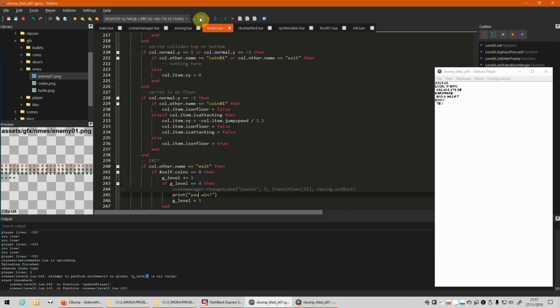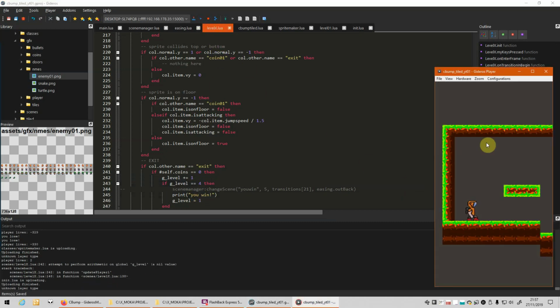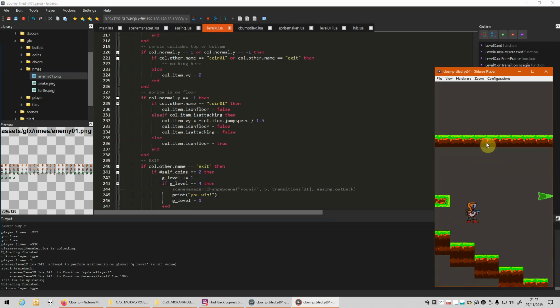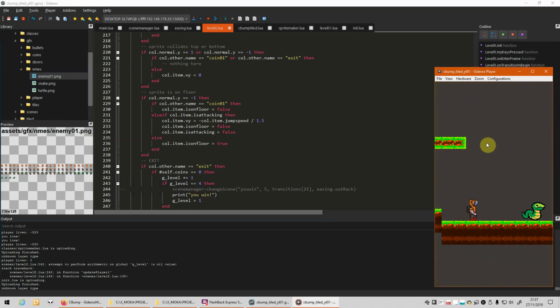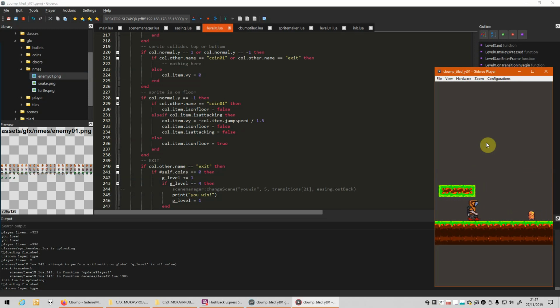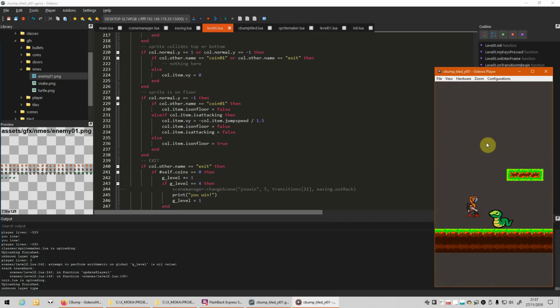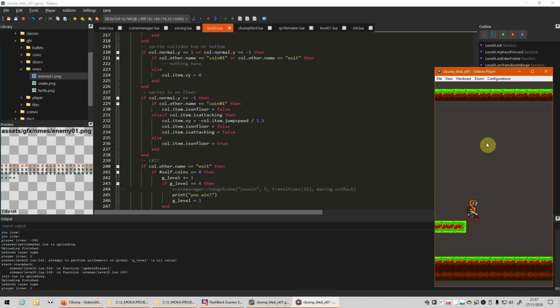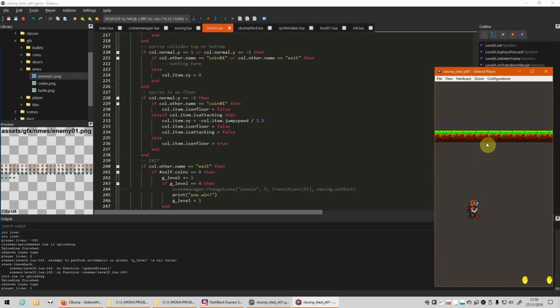You win the game. So now everything should be working just fine. That's a template. That's a platformer template with everything you need.